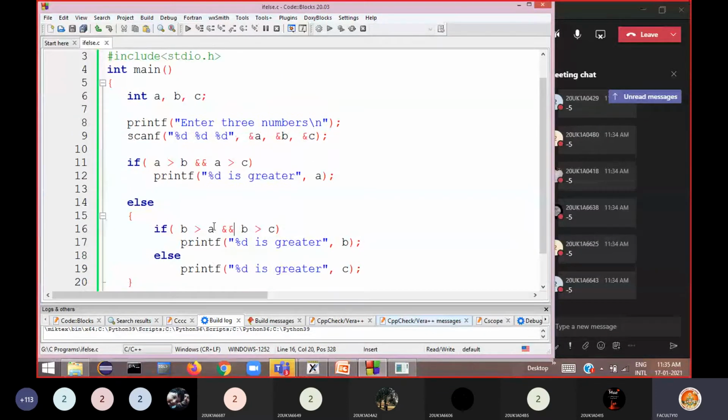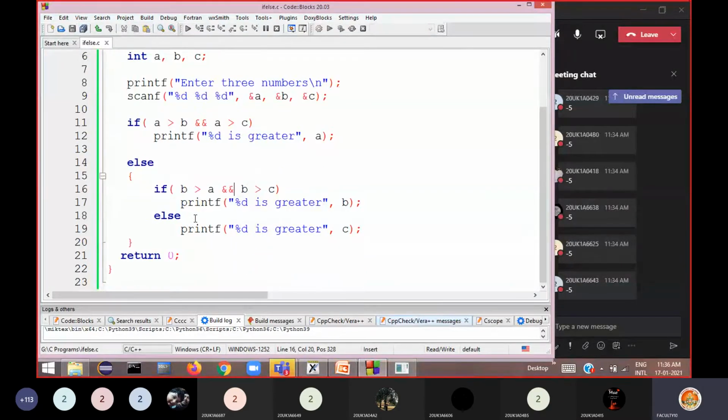Okay, clear? Right. This is one way of writing. Two conditions at a time we can test in this way. If someone asks you, I don't want two conditions to be tested at a time, I want to test one condition, then how can we modify this program?